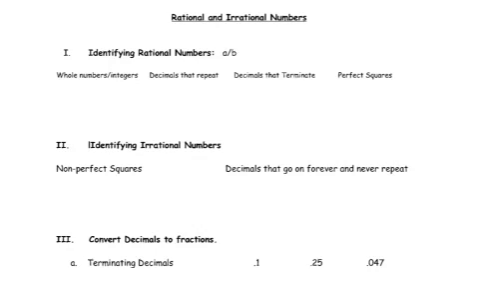Okay, in today's video we're going to discuss rational and irrational numbers. And the first thing we're going to do here is identify rational numbers. And basically a rational number is any number that can be written in fraction form, such as 1/2, 2/3, 5,